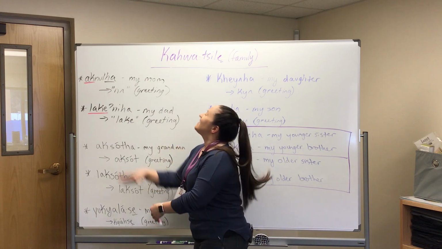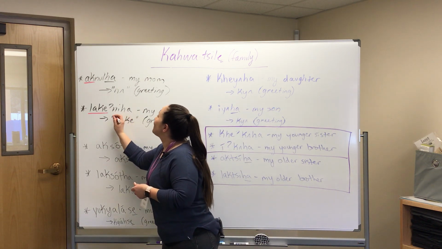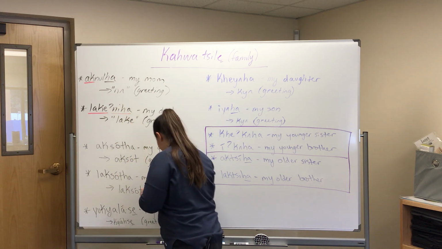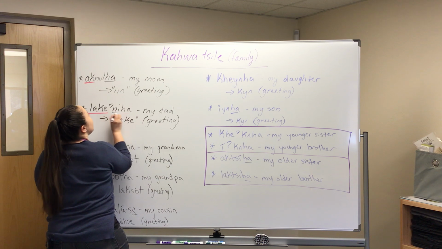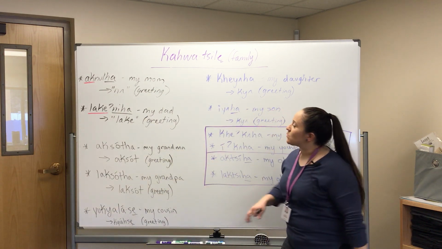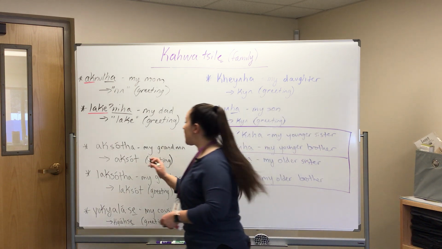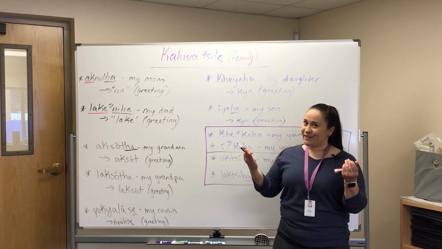Back to the words. So lagay niha, lagay. This is actually whispered, so it's underlined. And then the lagay is just the people-to-people pronoun. It means my dad. Lagay is the greeting form. Moving on to the next one, aksot. Aksota is the word for my grandma. Aksot is the greeting form.